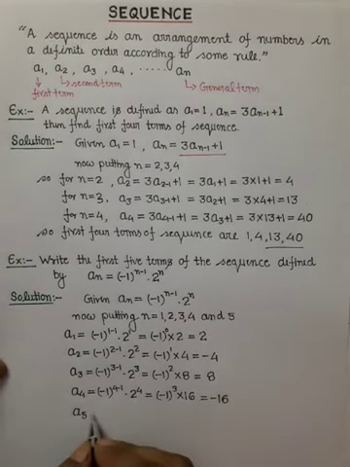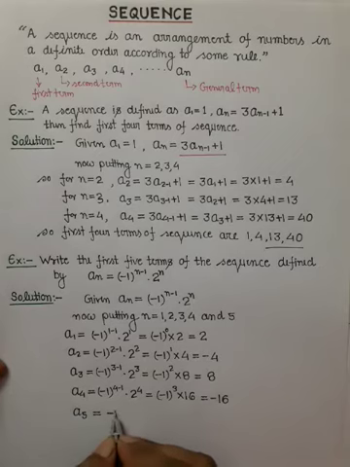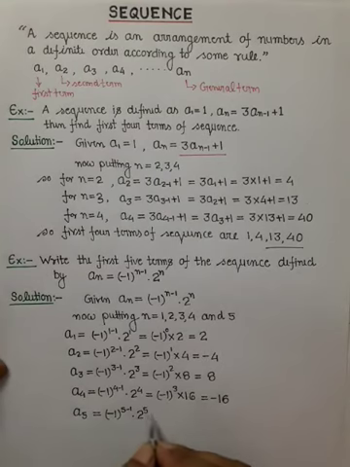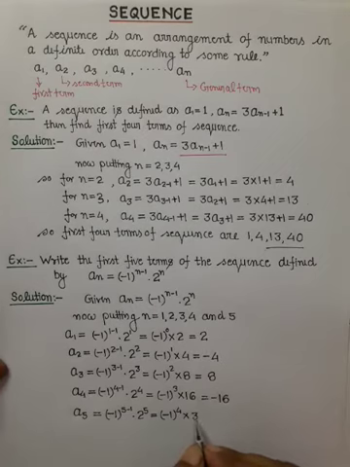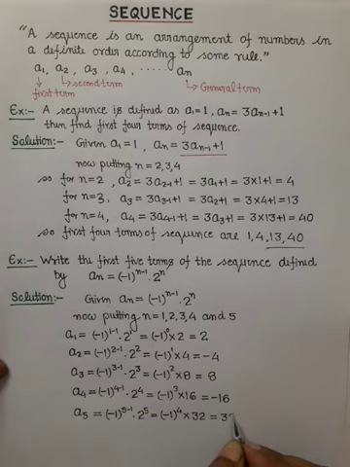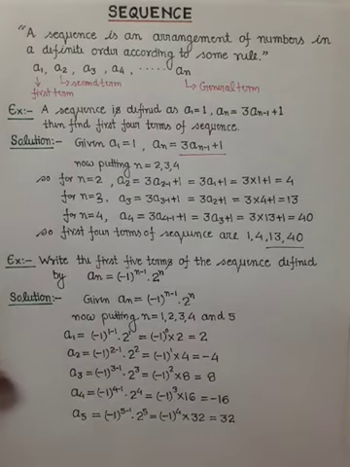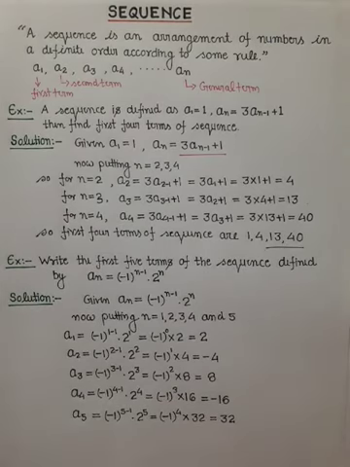So a5 can be written as minus of 1 to the power 5 minus 1 into 2 to the power 5. So of course it can be written as minus of 1 to the power 4 and 2 to the power 5, that can be written as 32. So that can be written as 32 because minus 1 to the power 4 is an even power, so it will be 1. So students, like this process we can find the first 5 terms for the given sequence.